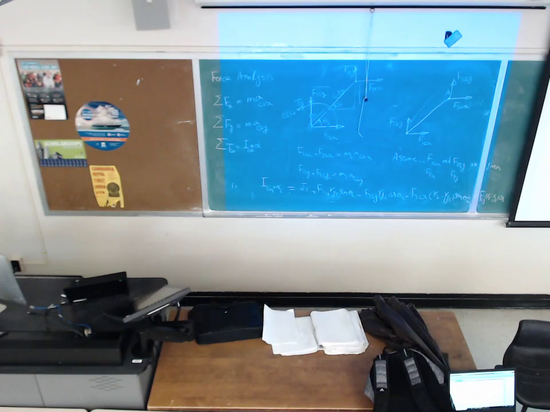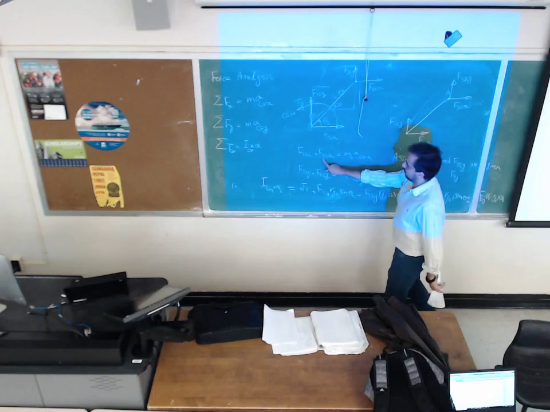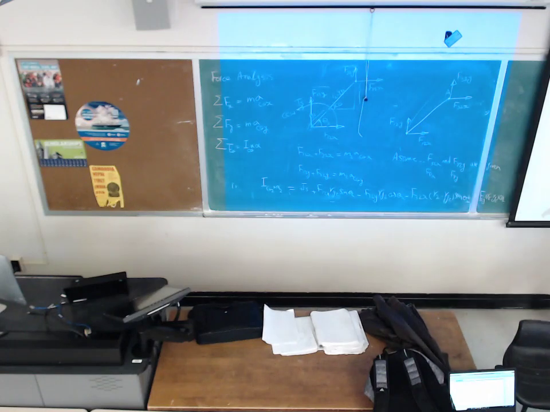FPx is F32x. If I move this to the right side, it's going to be negative F32x or FPx. Second equation, F12y is going to be m2 times acceleration of center of gravity in y minus FPy. And last equation,